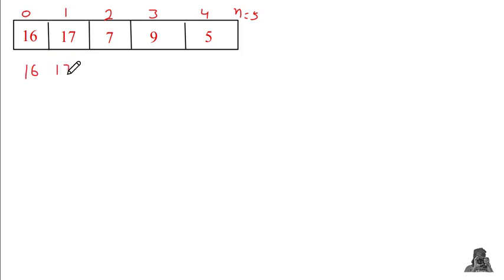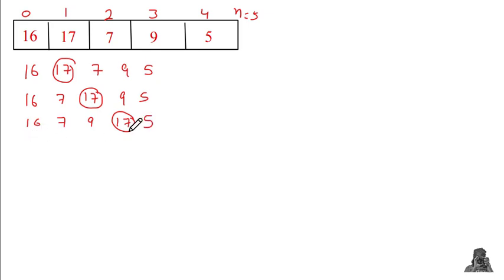The bubble has been shifted to the next item, so the array will look like this. Moving to the next, 17 will be compared to its closest next item, which is 7 here. It's clear that 7 is smaller than 17, so they are out of order, and we need to swap. So 7 will come before and 17 will shift to the next position. Now again we compare the next items. Here 9 is smaller than 17, so they are again out of order, so we swap the positions. 9 will come here and 17 will shift to the next position.